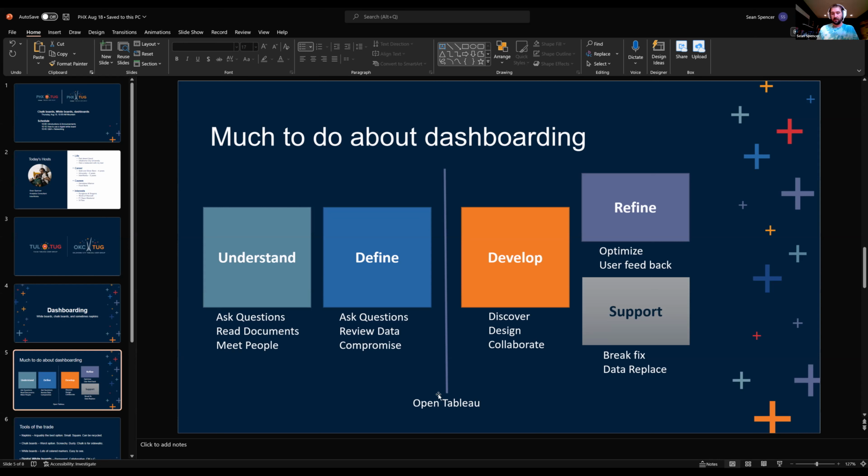Once I have the answers to all of these questions and relationships established and my points of contact, is when I will open up Tableau for the first time with a client and then begin to develop this vision that they have laid out for me. And in this collaborative process, you're going to work with them on designing that, and you're obviously going to run into roadblocks. One of the more common things that happens is, a client says, "Hey, I want this dashboard and I want it to look this way," and then you get in there and the data that they've provided might be different than what they even expected it to look like.